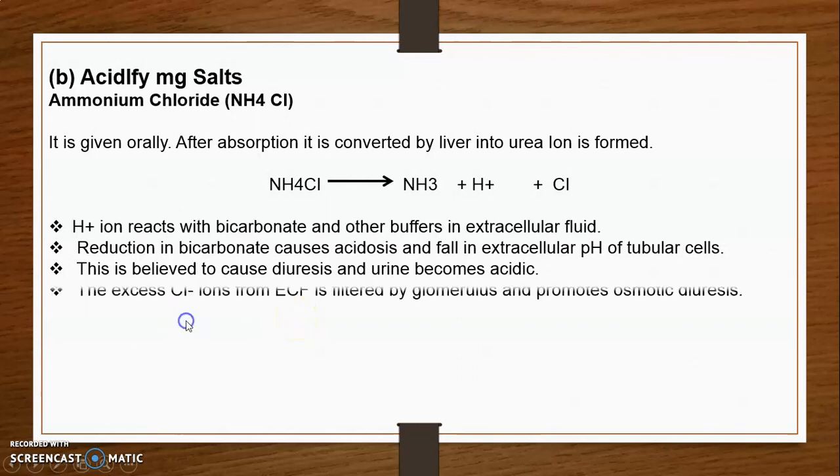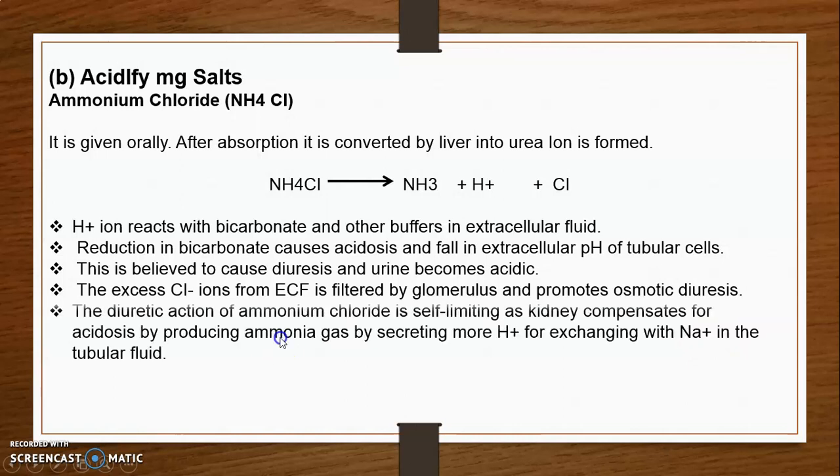The excess of chloride ions from the ECF is filtered by the glomerulus and promotes osmotic diuresis. The diuretic action of ammonium chloride itself is limiting, as the kidney compensates for the acidosis by producing ammonia gas by secreting more H plus ions